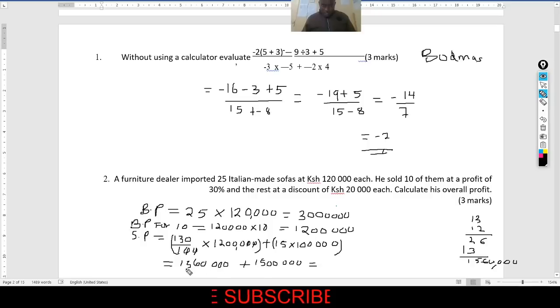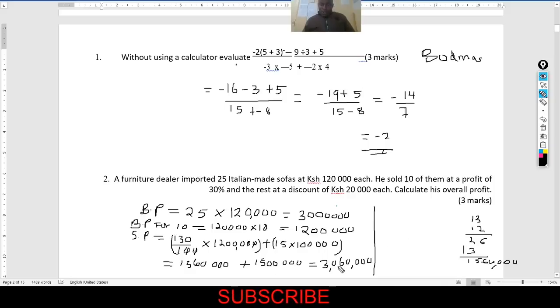Because this is 30 and 60. 1, 2, 3. This is the total selling price, and therefore, if this is the total selling price, calculate